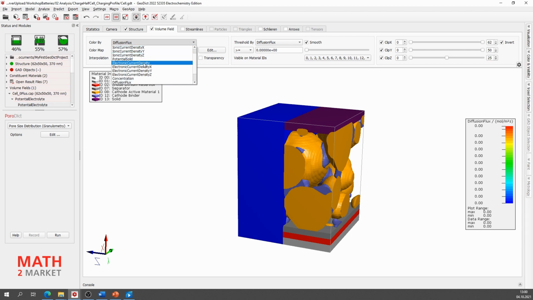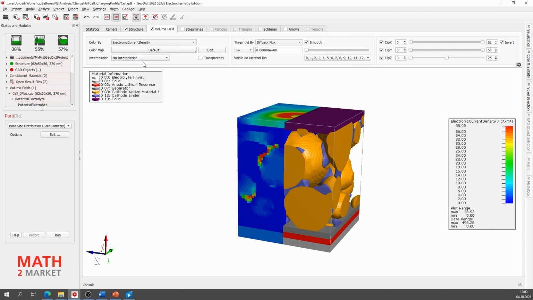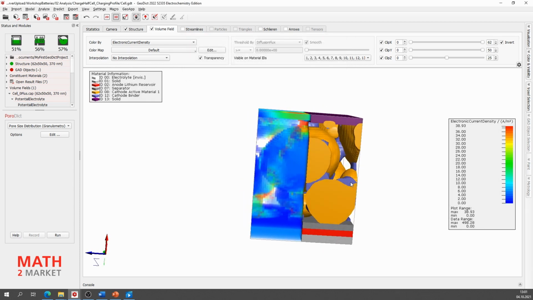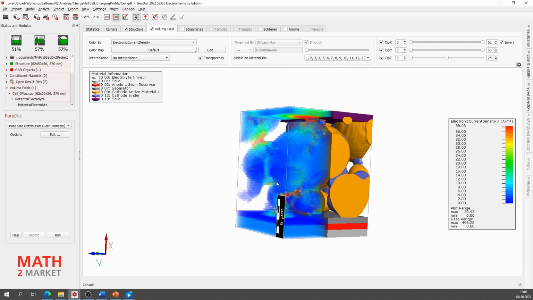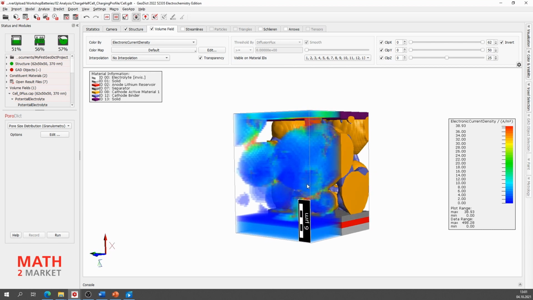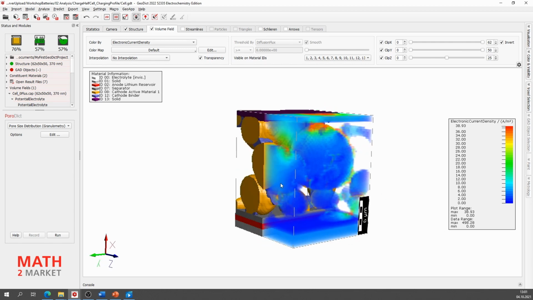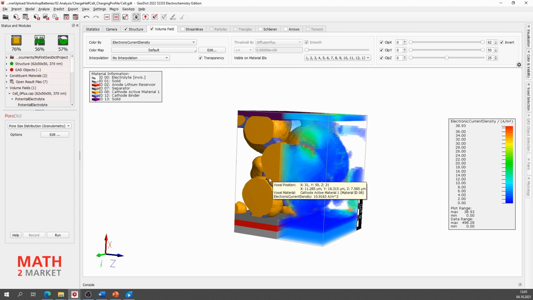That's why we go to electronic current density, and we choose this one, and we make the transparency, and we click on the visible material IDs, and we make the pores not visible to see where the electronic current density is located. We can have a short view around to see that the density is very near to the grains.